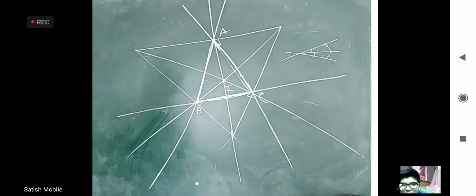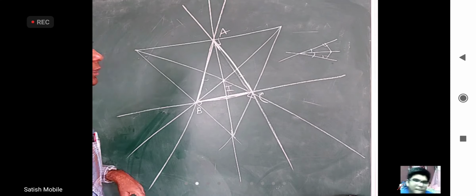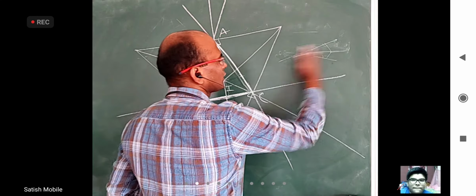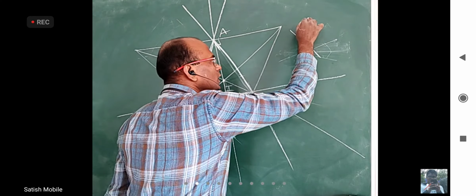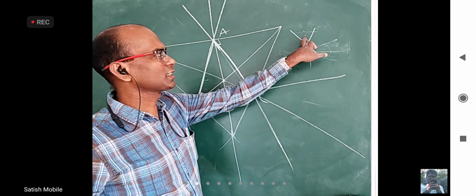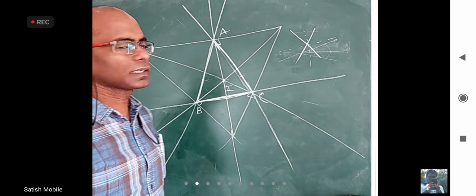Okay. This is incenter I. Please understand these three are internal bisectors. And one more thing I want to be clear right ahead is, whenever you take any two lines, there will be one bisector bisecting this angle, there will be another bisector bisecting this angle. The two bisectors will be perpendicular.